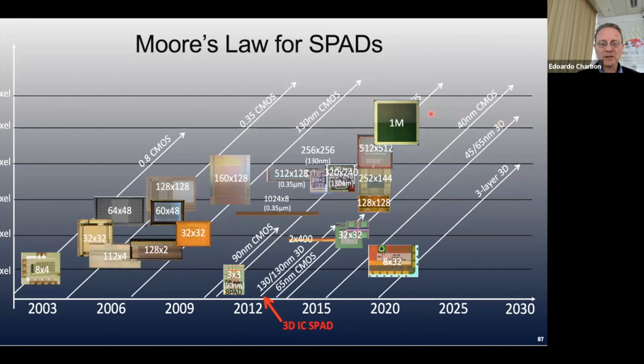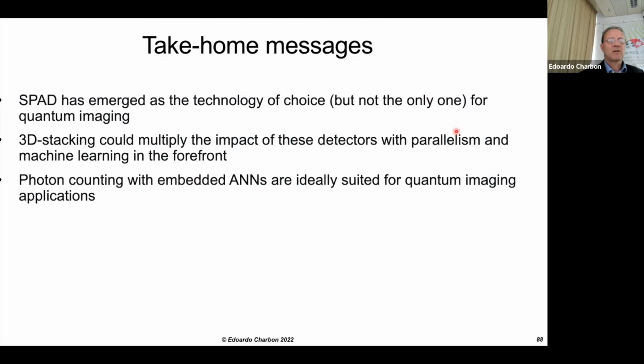We reached 1 megapixel, but I think the road is still long, and we can even think of larger detectors in the future. With the introduction of 3D ICs, this has further accelerated this direction, this trend. And I believe that this is actually going to go even further. But this is also going to give us very interesting opportunities, because not only we can use SPADs, which clearly have emerged as a technology of choice for fast detection and potentially quantum imaging applications, but also thanks to the